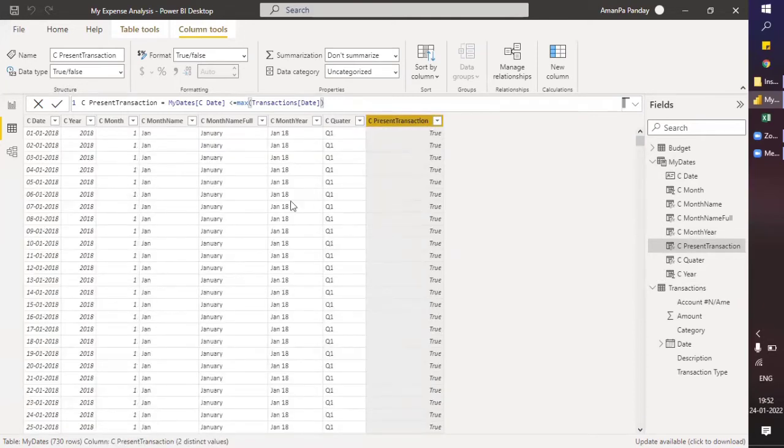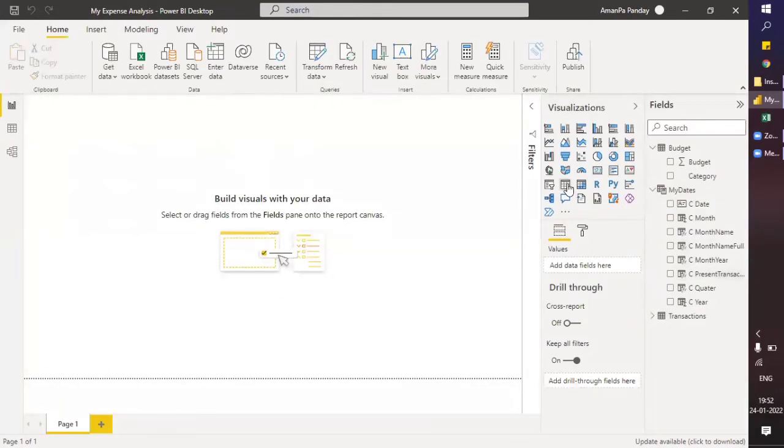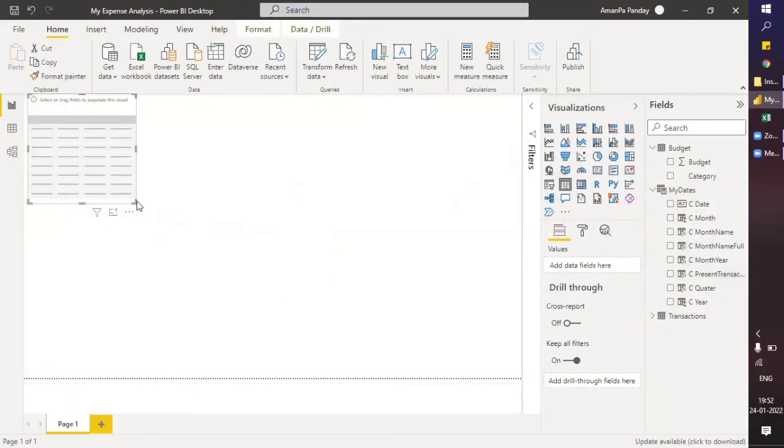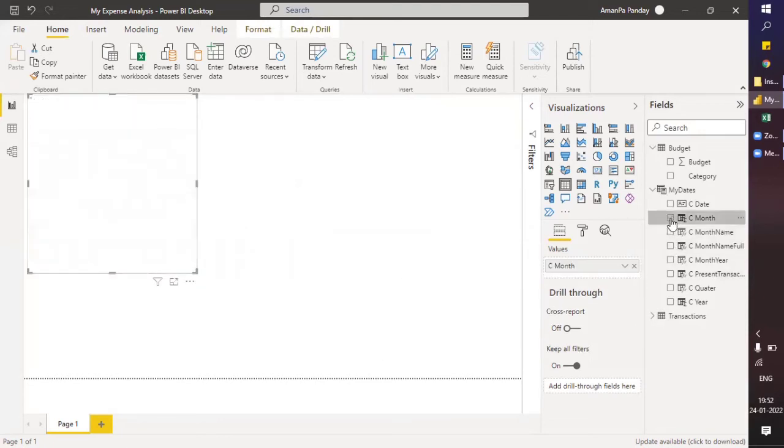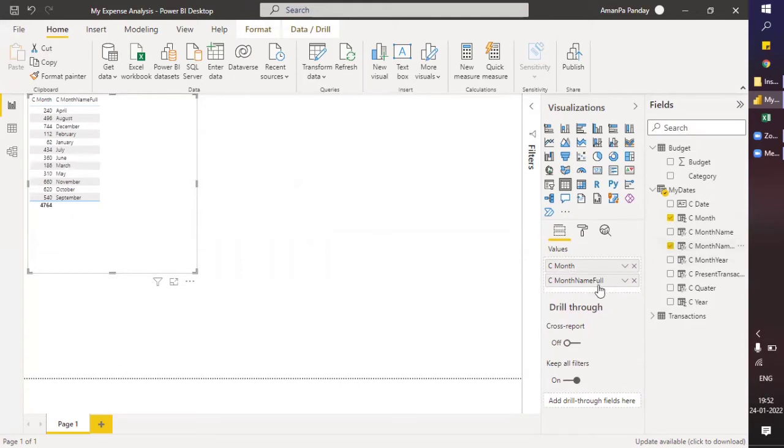Now, coming to one important thing we should know. Let me just add a table here, and in this I will add the month, month full name. Let me add it. Okay, so now you can see how the month is arranged.